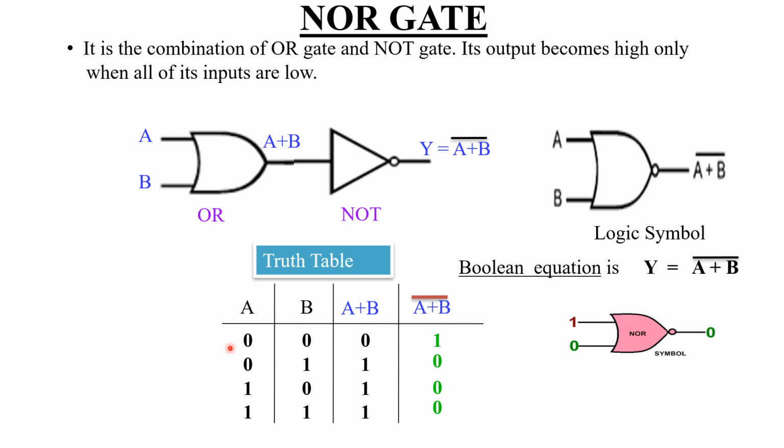Thus the output goes to NOR gate. तो दोनों सेंसर का output किधर जाता है? Goes to the input of the NOR gate. And the output of the NOR gate is connected to the main switch. During normal operation, when the lid is closed and water level is okay, then the machine will work. If the lid is open or the water level is minimum, then the NOR gate output goes 0 and the main circuit is not connected. So that is the application where the NOR gate is used.